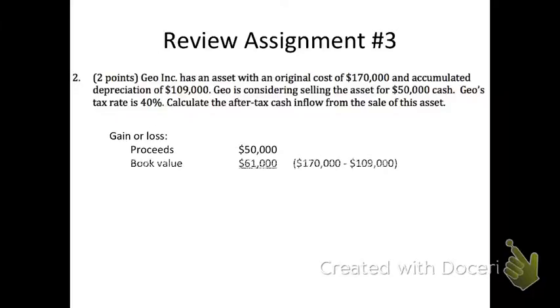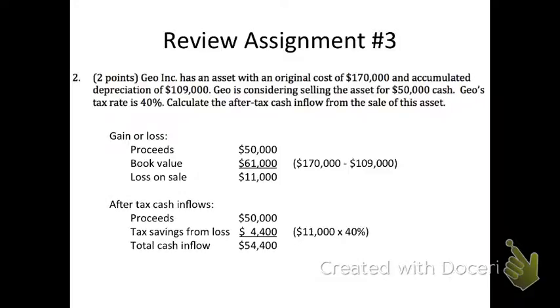So the gain or loss, we have the 50,000 in proceeds based on the original cost and the accumulated depreciation. We have a book value of 61,000. So that means that we have a loss of 11,000. And so that loss of 11,000 is going to produce tax savings. And remember, our assumption has been, and it will continue to be, that if we have a loss on the sale, or if we have a before-tax loss, then we are going to assume that we have positive income somewhere else where we can actually take the benefit of the savings in the same year that we have the before-tax loss or a loss on the sale.